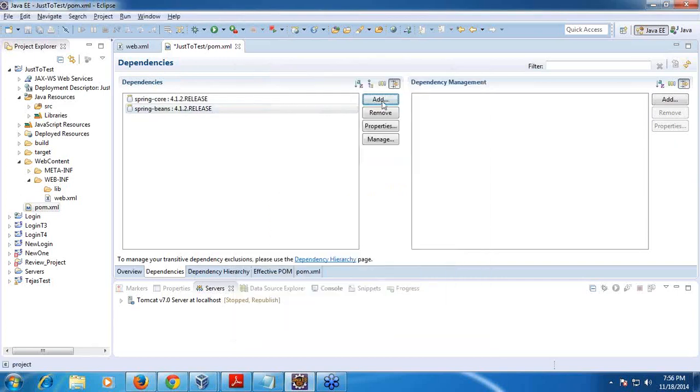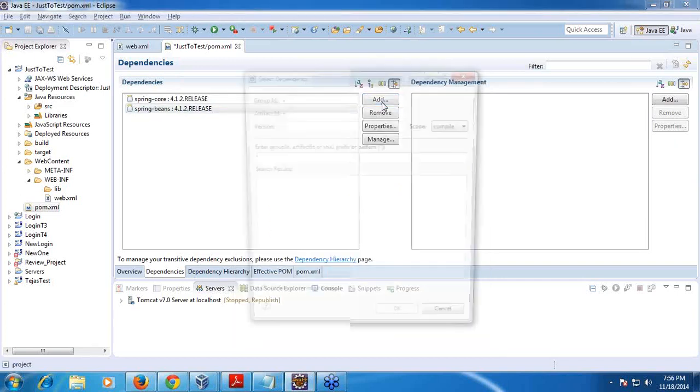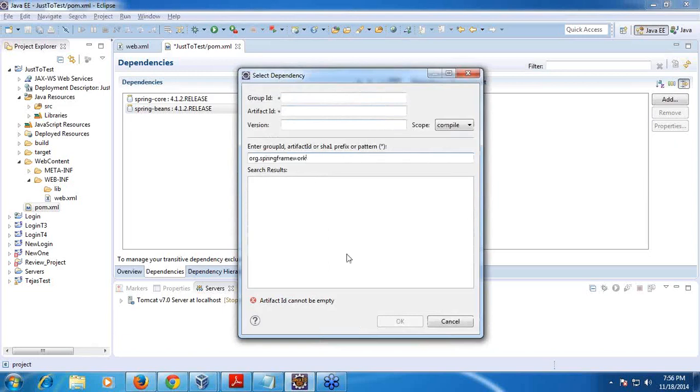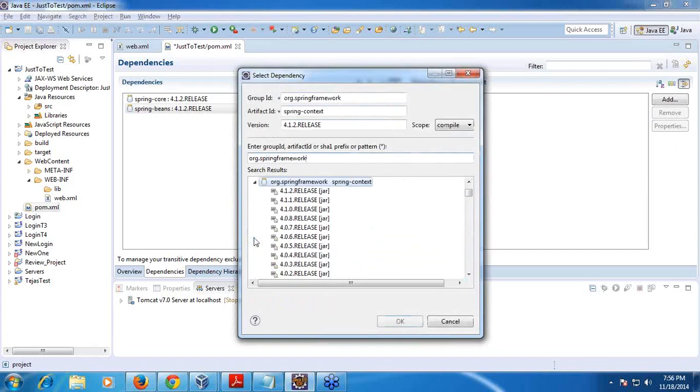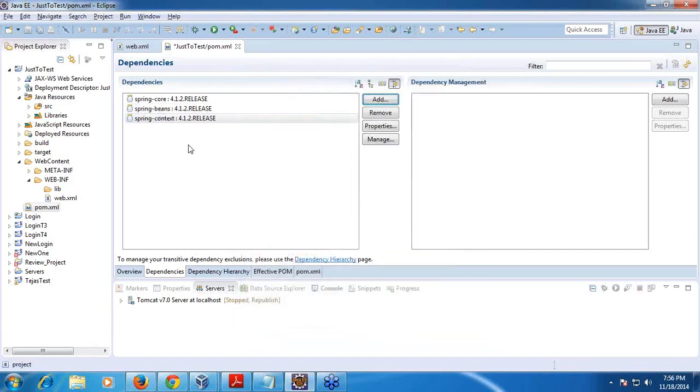So org framework beans, I am taking it now. So again I will take context. So these three are very important jar files which you need to have. These three are basic jar files which you need to have. What are they? Core files, beans, and context.